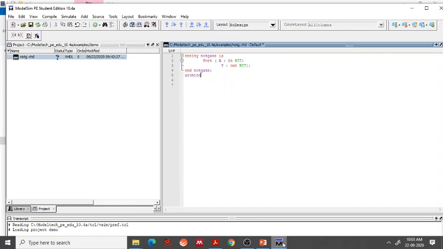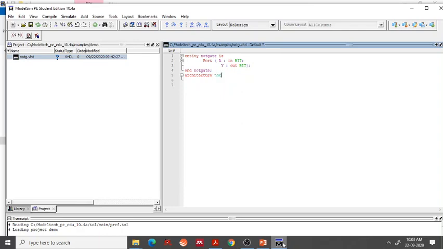Architecture is a keyword followed by the name of the architecture. There are three types of architecture in VHDL: structural, data flow, and behavioral. We will be writing a structural architecture for the NOT gate, or you can give any name for the architecture.